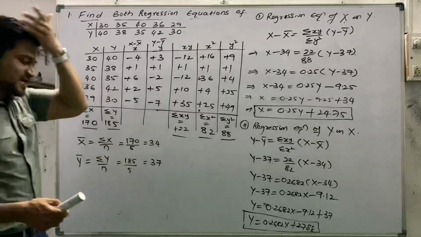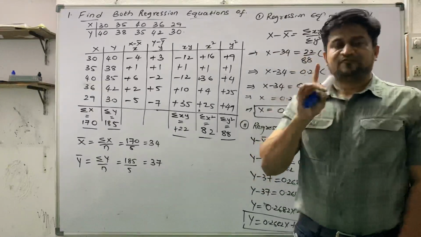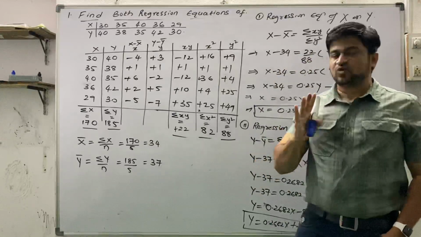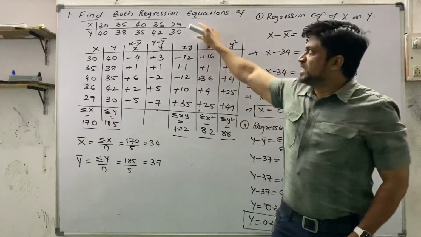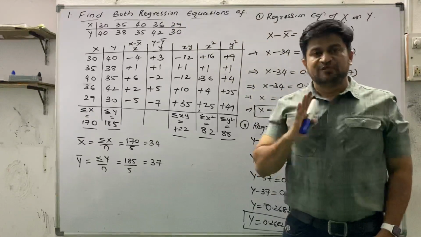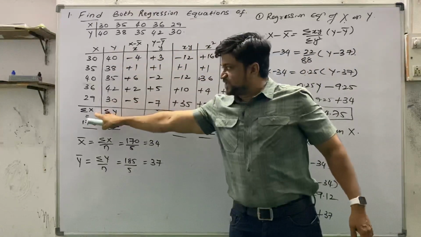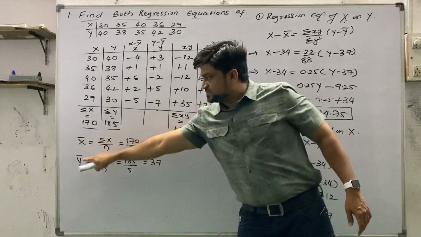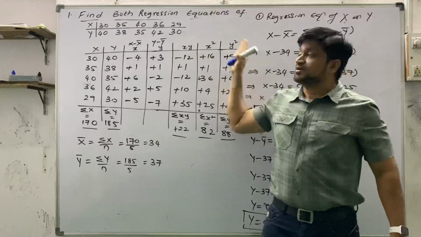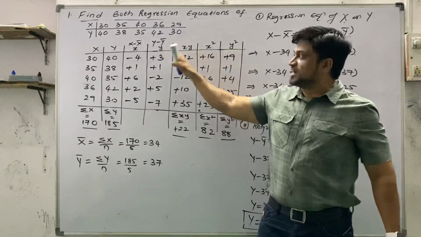Now check it out once again. Previously, in the first video, we discussed the formulas. So once you are good in formulas, only then can we go through with this one. By seeing this question, we have to find both regression equations. What we have to consider whenever we are finding two regression equations, we have to take x and y variables. First find sigma x and sigma y, then find x bar and y bar. By seeing those answers only we can decide which columns we need to consider. We can't take small x, small y without finding them. Always we can't get the same thing.